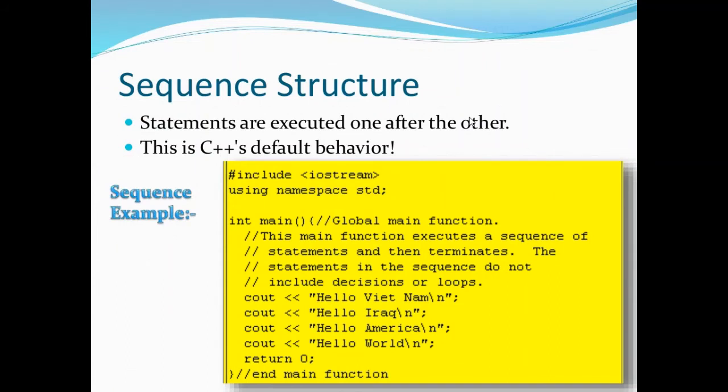Moving on to sequence structure. Statements are executed one after the other. This is C++ default behavior. Let us see a program. #include iostream, using namespace std, int main. Whenever a program is run, the cursor directly comes to the main program. Now, it will run the first line, that is cout hello Vietnam. It will display hello Vietnam, and then